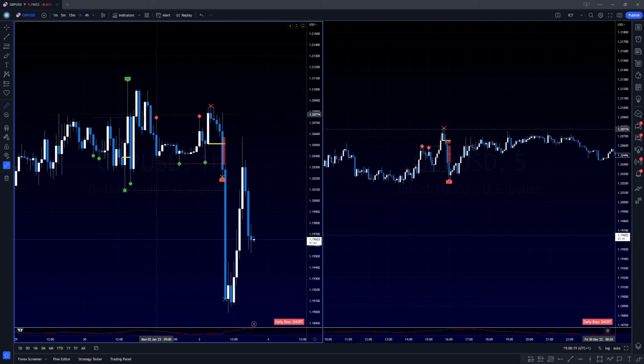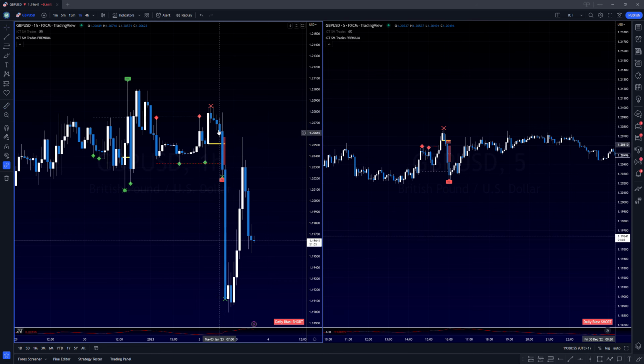Here we can see this is the first pivot high, second pivot high. It creates liquidity, and here we can see there is the liquidity grab. So sorry, this is the liquidity grab. This is just the highest point of this liquidity grab. So this is the first candle, second, third, fourth, fifth, sixth, and as we can see here is the market structure shift. So this needed only 6 candles,